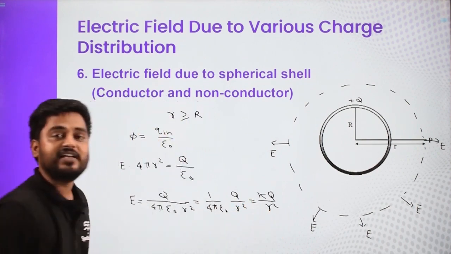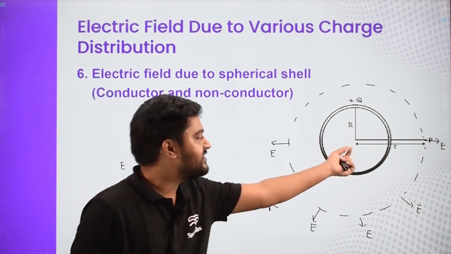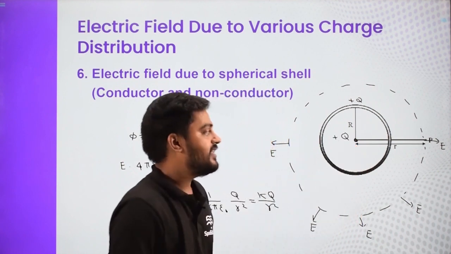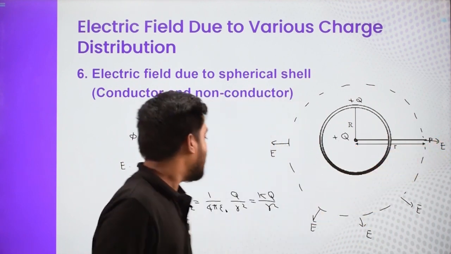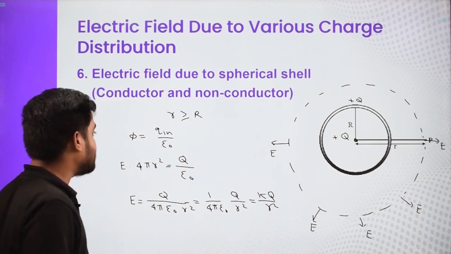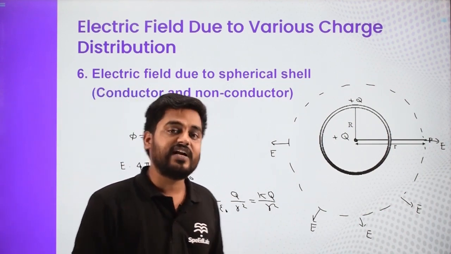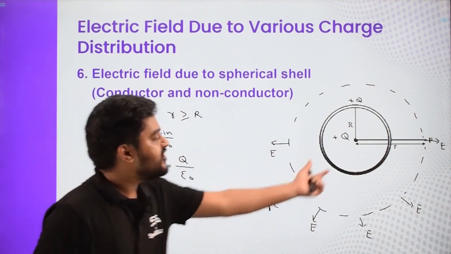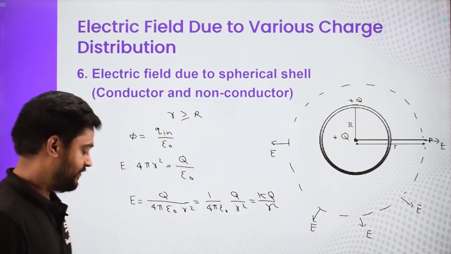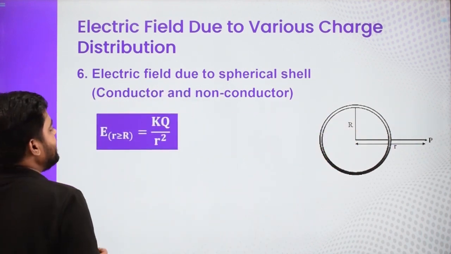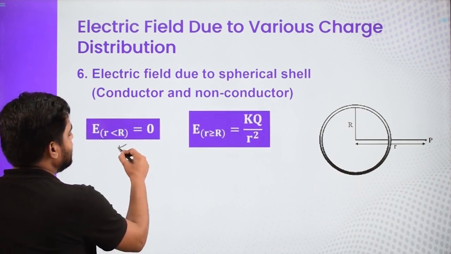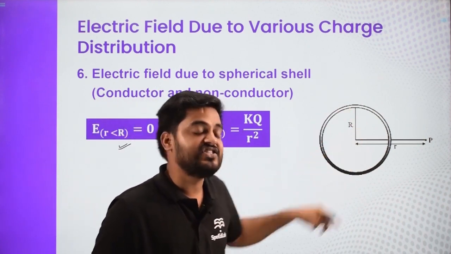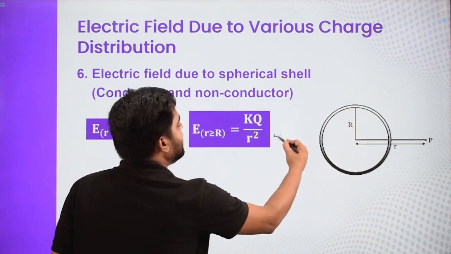And this formula is familiar. This formula is the same as if there is a point charge. Let us say there is a point charge which is kept over here, which is also plus Q. Then the field at P produced will be identical and it is going to be KQ by r square. So the field outside a spherical shell, the field at a point lying outside the spherical shell, is similar to that of a point charge kept at its center. So if we look at both formulas, then basically the electric field at any point inside the spherical shell is 0 and outside it is the same as the point charge.